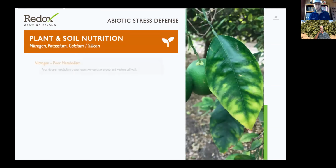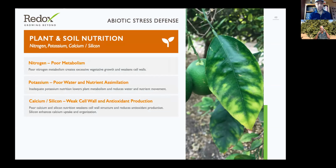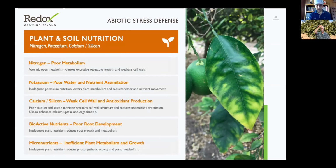We can put on too much nitrogen, we can put on too little nitrogen. Potassium issues, calcium and silicon. We've talked at length about the number of issues that lack of calcium can cause within a crop, and silicon as well can be lumped into that category. Poor root development. And then I wanted to just highlight here, I threw up this leaf with an obvious micronutrient deficiency on it, and really highlight that